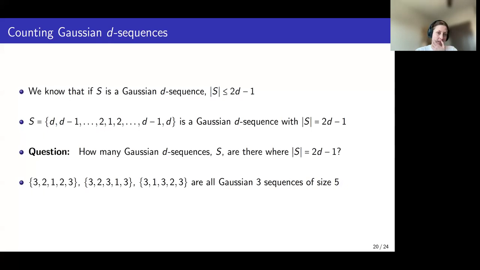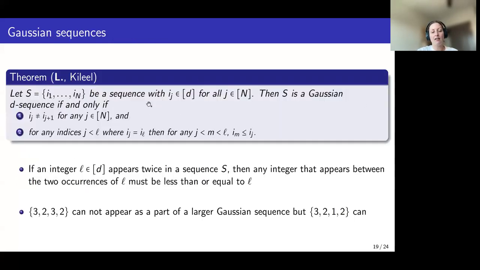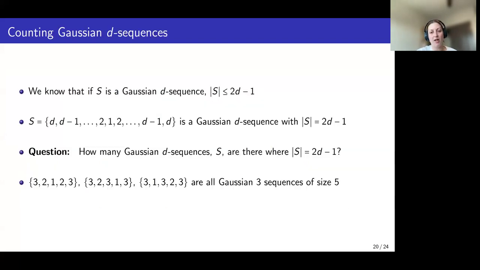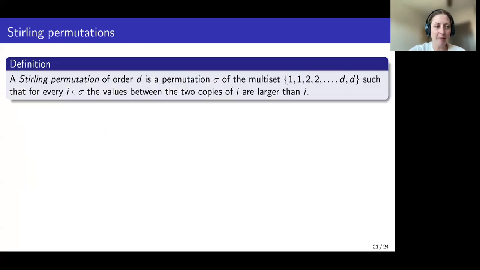Okay, well, how many are there where we achieve this maximum size? So I could use this theorem that I stated here, and I could look at when D equals 3, and I could manually work out all the constraints and see that these are the only Gaussian 3 sequences of maximal size, which would be 5 in the case when D equals 3. Okay, and so the idea though is that I want to go higher, right? So even when D equals 4, going through that theorem starts to get a little bit cumbersome. And so to give a nice answer to this question, we just need one more definition, and it's that of